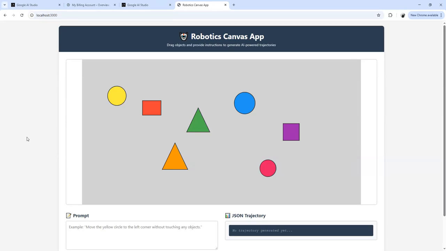This is a web application that simulates robotics path planning using Google's Robotics-ER 1.5 model. It shows how an AI model plans movement paths for objects on a canvas. We have a 1200 by 600 pixel canvas with a light gray background and multiple draggable objects,